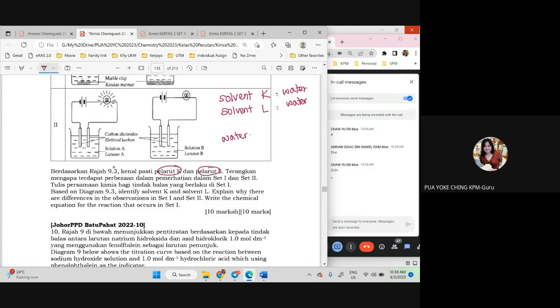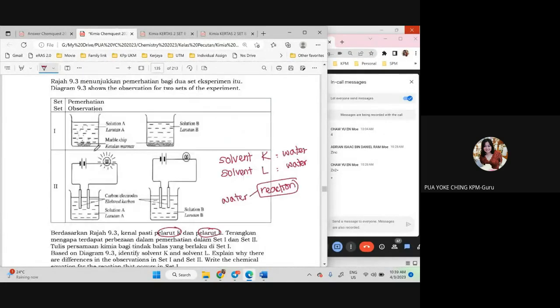The thing that you add water, that is the other reaction. Contoh, ini lampu menyala, ini lampu tak menyala. Atas yang set 1, solution A ada bubble, solution B tak ada bubble. So water mesti pada yang ada reaction. Yang ada bubble, yang litmus paper akan berubah warna, yang mentol akan menyala. Okay? So,